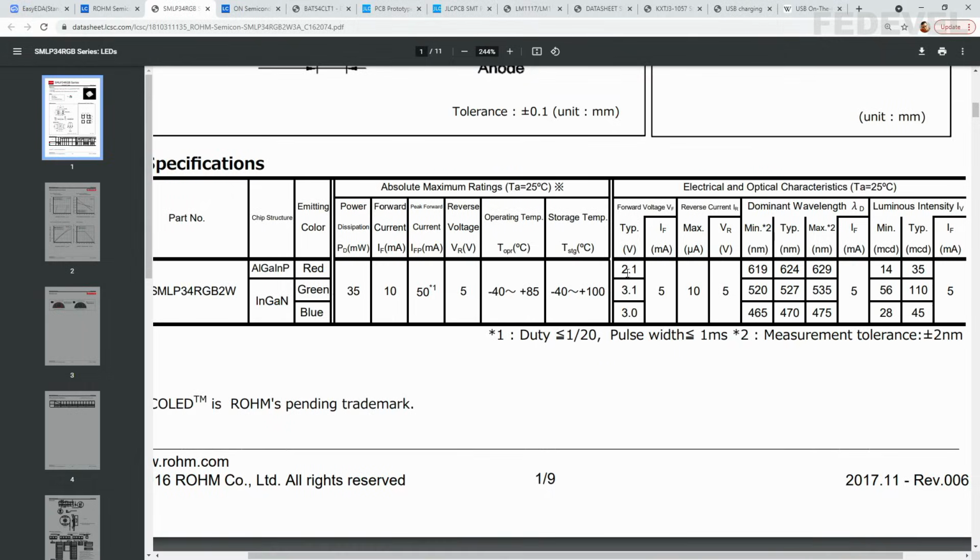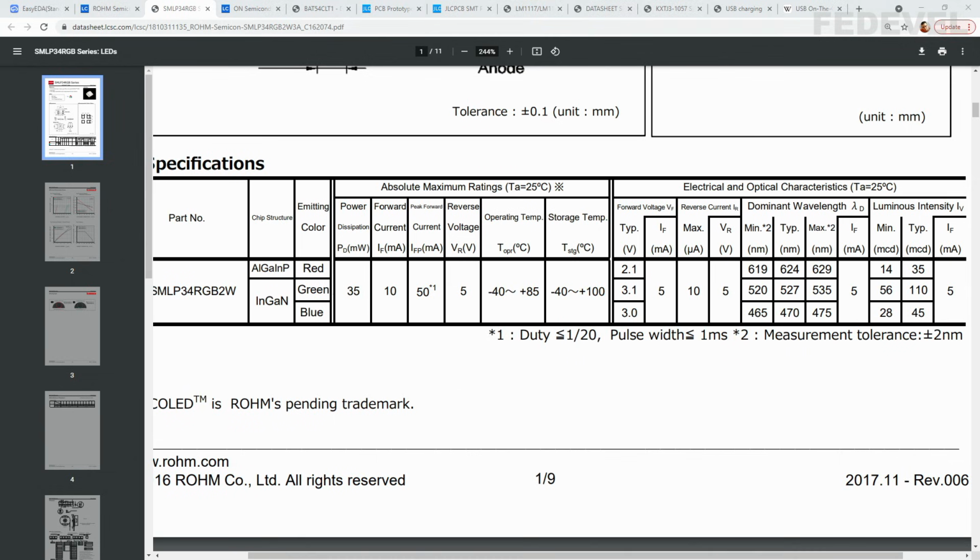So from these three numbers, the most important for us is this lowest 2.1 volt number. That's what we would like to use in our calculation. Then also this forward current 10 milliamps is important for our calculation. So remember these two numbers, 2.1 volt and 10 milliamps.